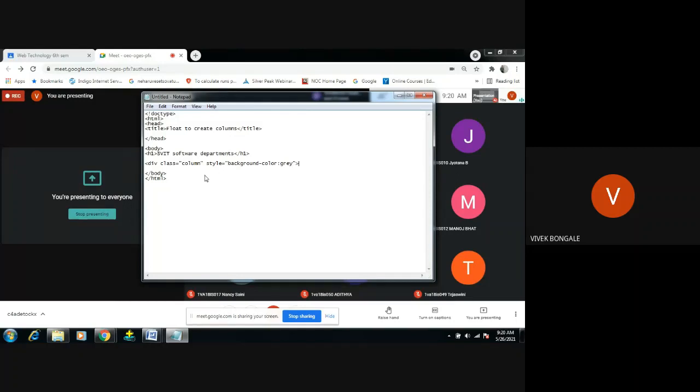For which data do you want to apply this? For that we have to give the data, so I'm giving the data CSE, computer science department. I'm closing this part.